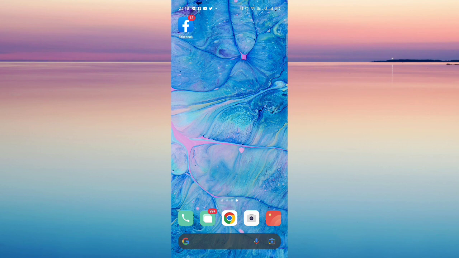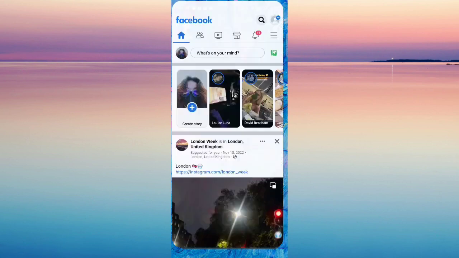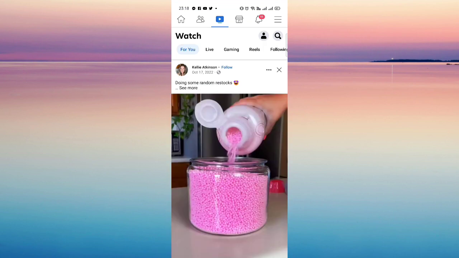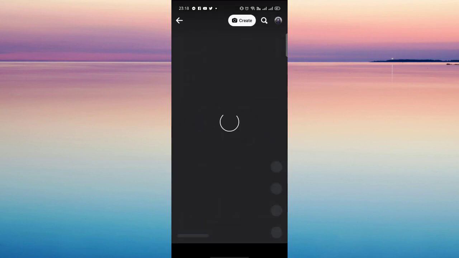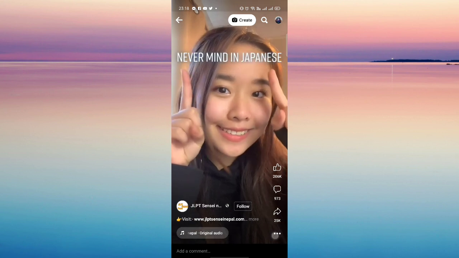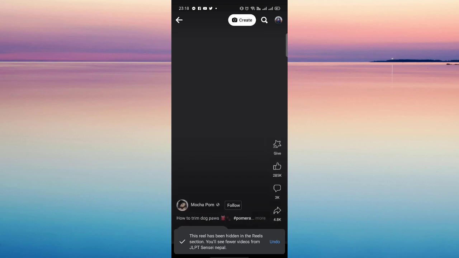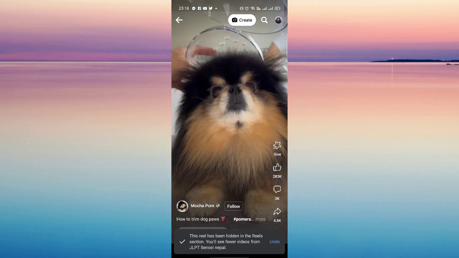So first up, let's head over and click our Facebook app. Then let's head over here to the videos. Then let's click the Reels. So it's very easy, just click the settings here, then hide Reel, and it will be automatically removed from your